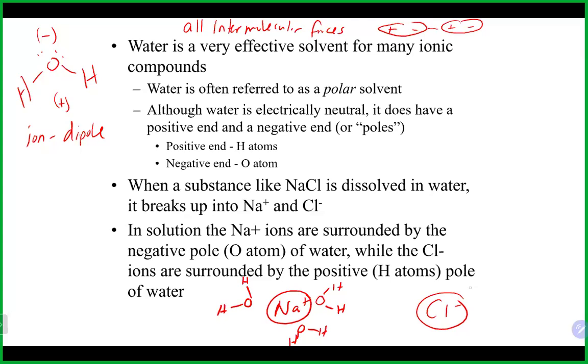The negative ion also gets surrounded by water, but it's surrounded by the hydrogen part of water, as that is its positive side. Those interactions allow two things to really happen. It allows a solid like sodium chloride to dissolve,